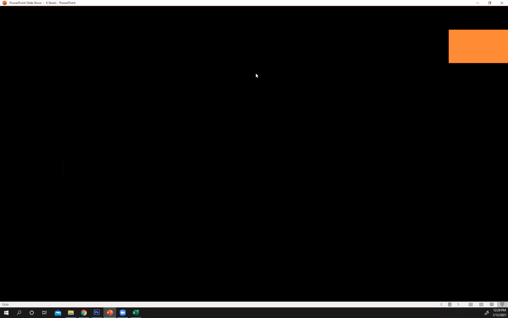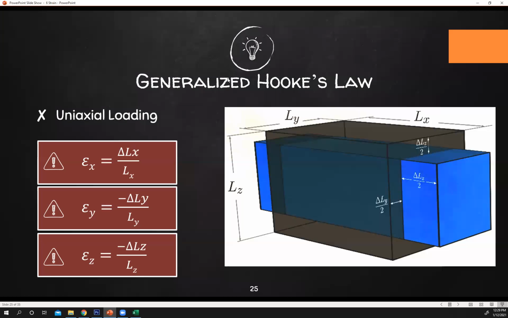Generalized Hooke's law. So this is what generalized Hooke's law looks like. You have this original box, the black one, with dimensions Lx, Ly, Lz. Now imagine a force in tension along your x-axis, so along this axis. As it's being pulled, it's gonna have a change in shape, and there's gonna be a change in each direction. So along the x direction, it has a deformation of this, and then here as well. Okay, this, and this.